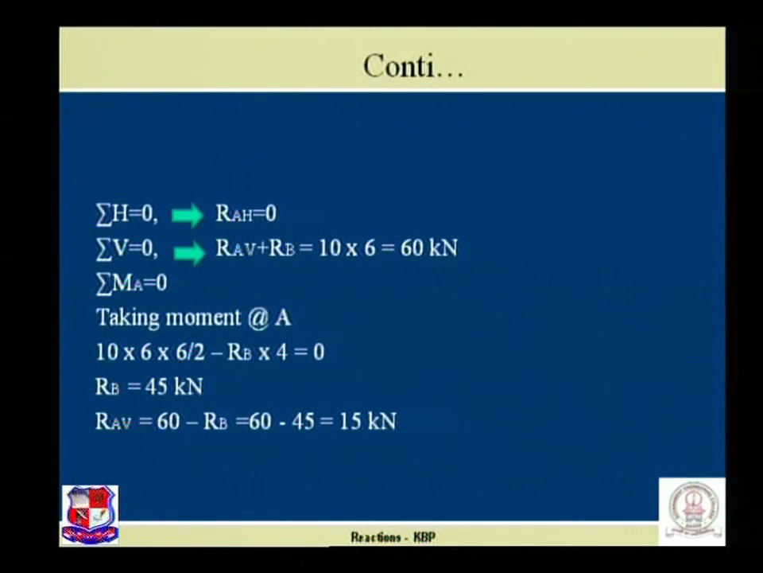Now RB comes to be positive. RB comes to be over here a positive value. Positive value means our assumed direction of RB is right. Now we will put this value of RB in the first equation so that we will find out